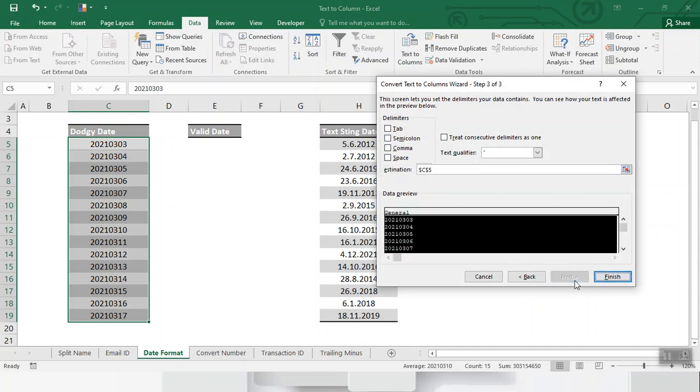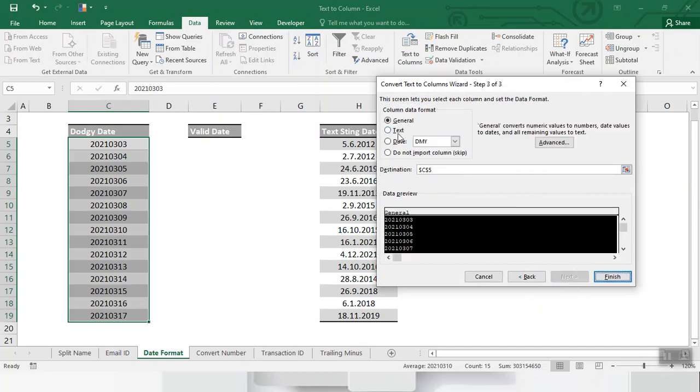Click next. Here are some date formats: month, date and year; date, month, year; year, month, date; month, year, date; date, year, month; year, date and month. We should check the dataset format, which format is used, then apply accordingly.